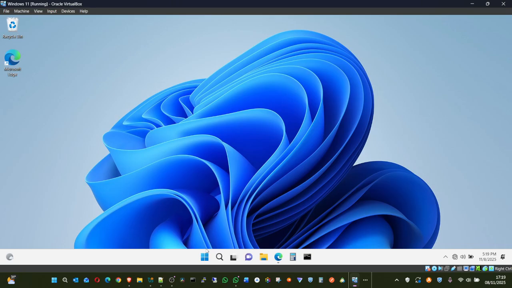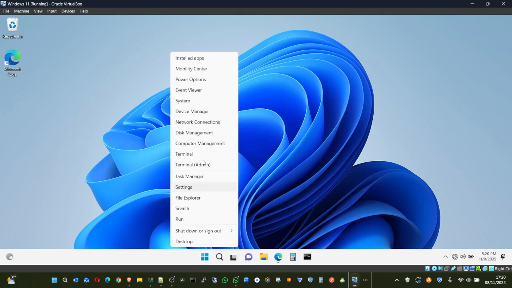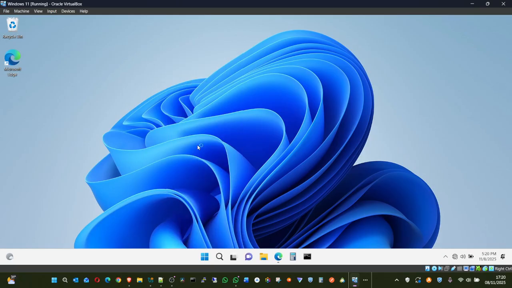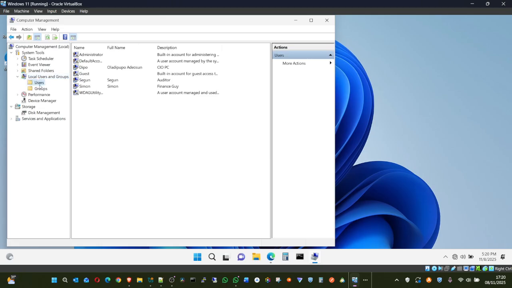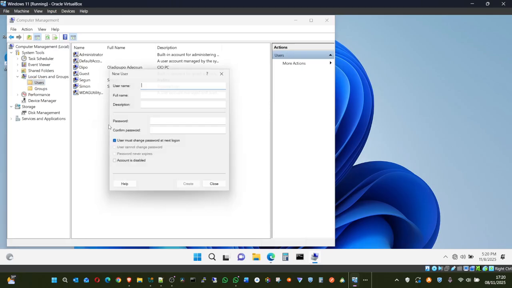If your office does not have a server, you right click here, choose Computer Management, go to Local Users and Groups, expand it, then Users. Then you right click and say New User.